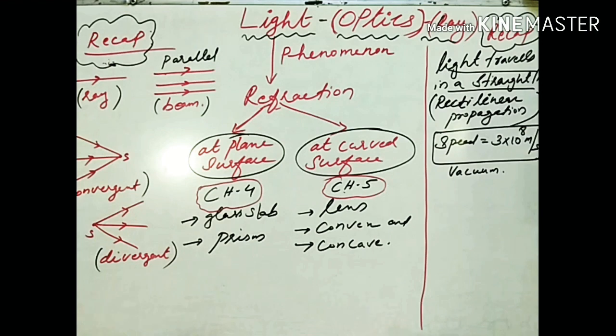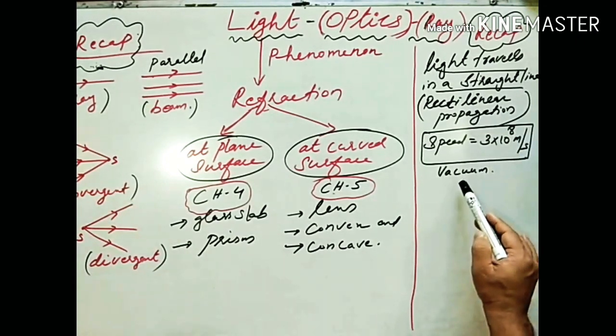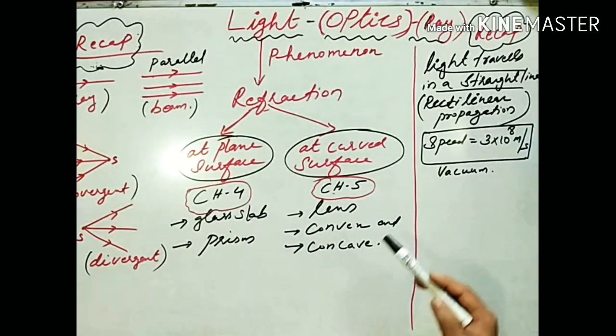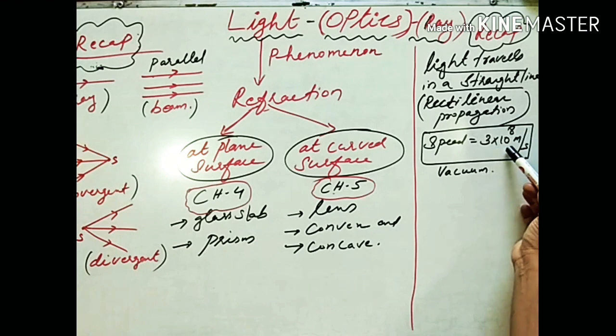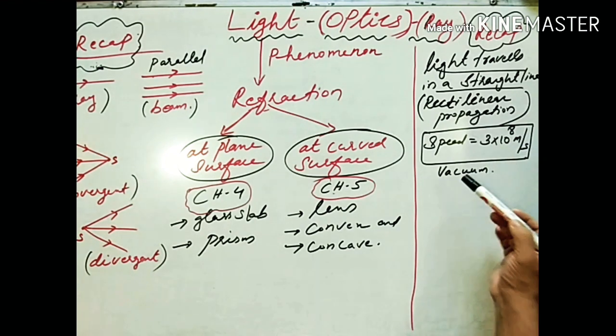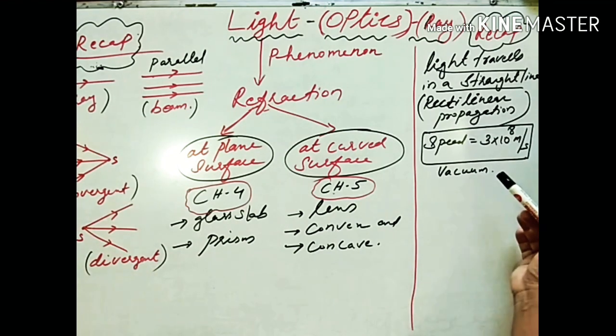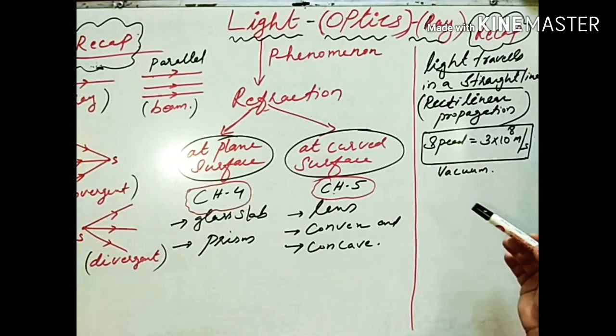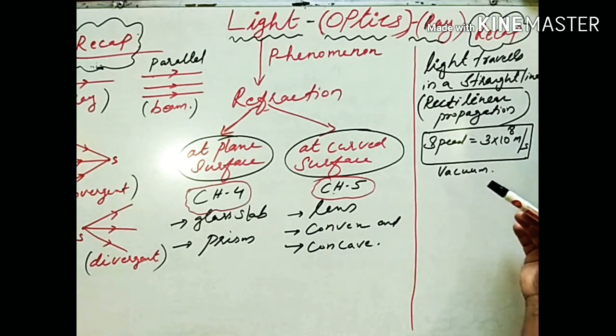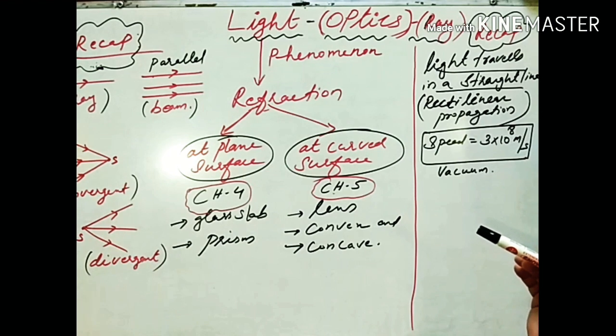Okay, so light travels in a straight line, and you know that light has the maximum speed of 3 into 10 to the power 8 meter per second in vacuum. So light has the maximum speed of 3 into 10 to the power 8 meter per second, an important physical quantity, please remember it, in vacuum, or it travels with the different speeds in different media. So it travels faster in vacuum or in air than any other medium, optical medium.